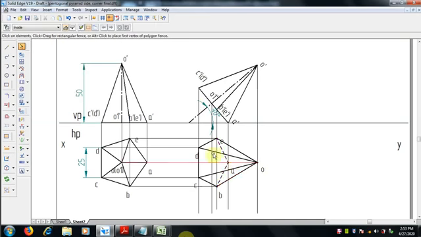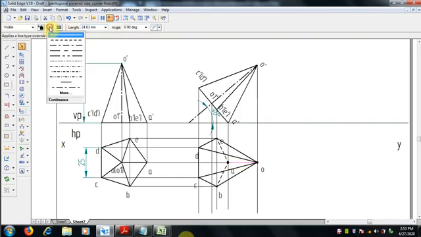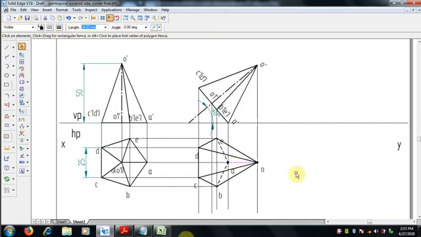Now AE, AB, these are all hidden lines, and all the remaining are visible lines. Now the center line also we have to draw. The axis line is also important. And the AO, which is already a hidden line, so joining AO is also hidden. So this is the view after inclination to 40 degree.